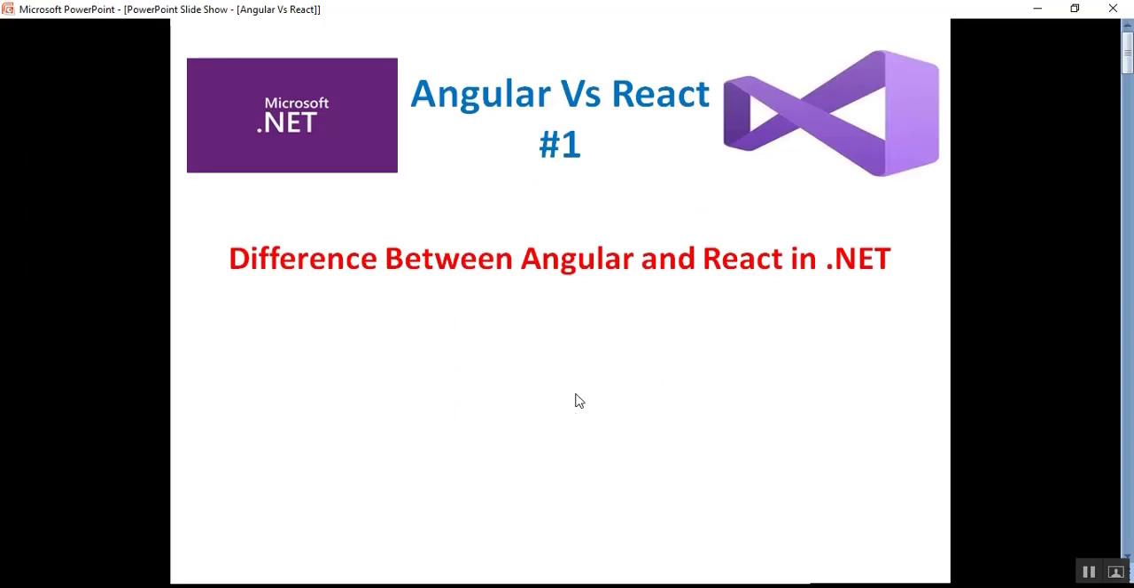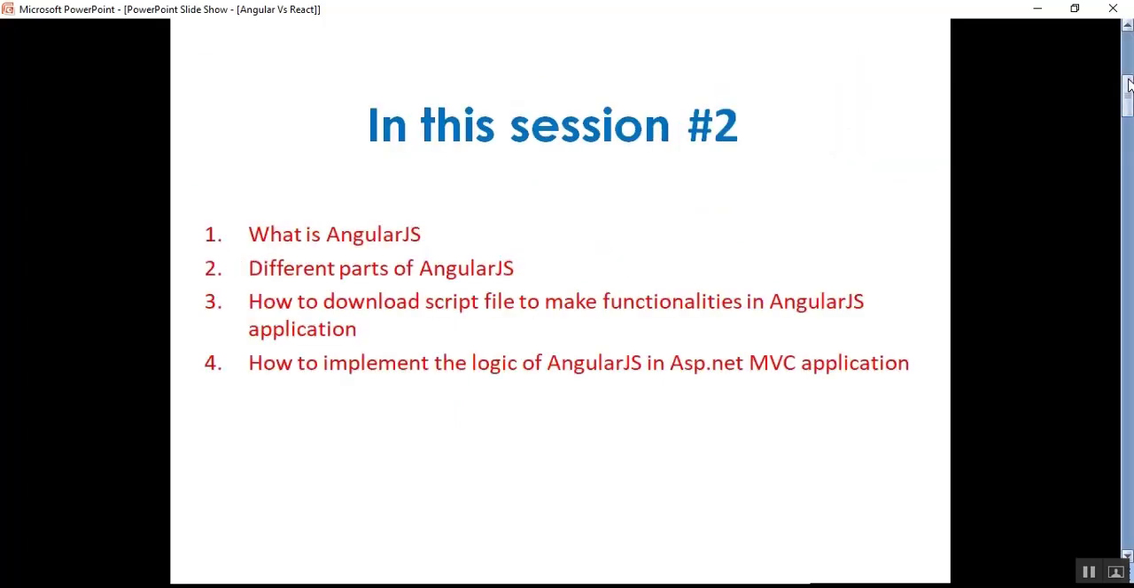Okay, so guys, in this video we'll discuss what AngularJS is, the different parts of AngularJS, how to download the script file to make functionalities in an AngularJS application, and how to implement the logic of AngularJS in an ASP.NET MVC application. First of all, I have mentioned a few points here about AngularJS,